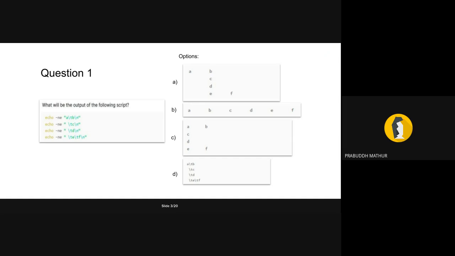All right, everyone's clear with this question. Why is A the answer? Can anyone explain? -n is telling it not to append the new line, but the \n is telling us to go to the next line. So A, \t means tab, so tab, B. \n means the next line.